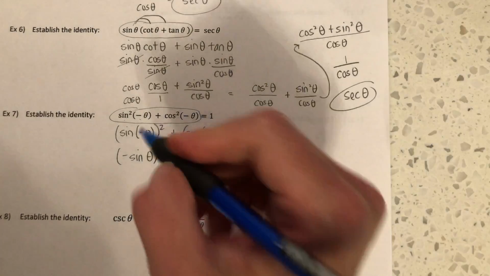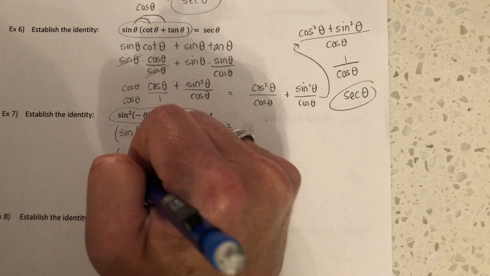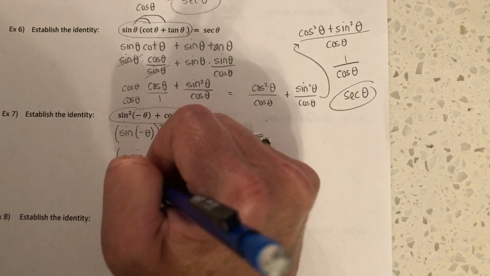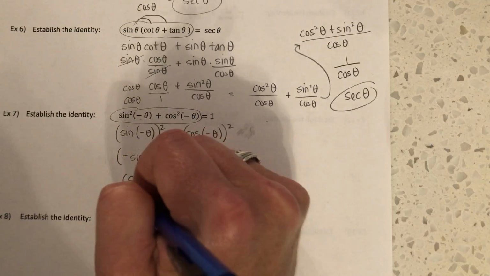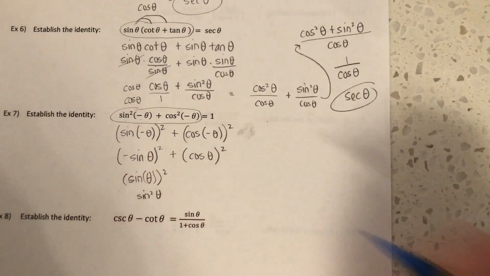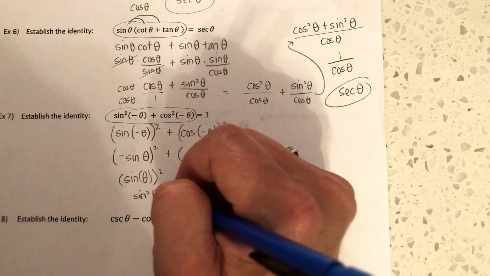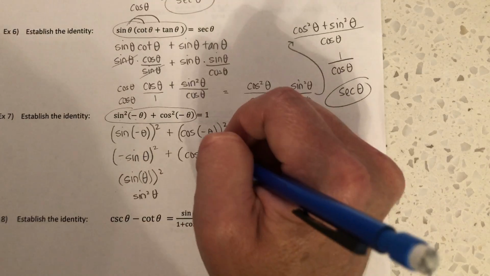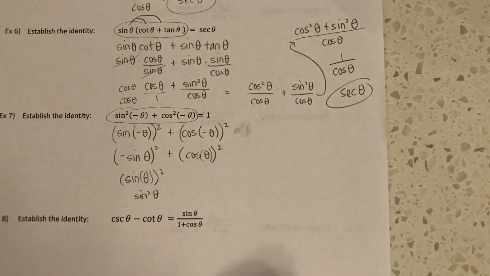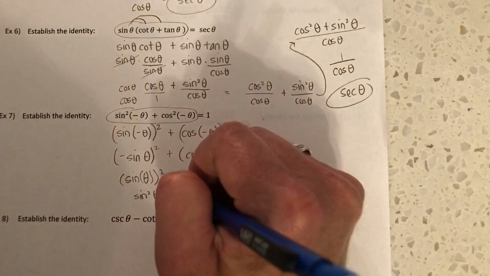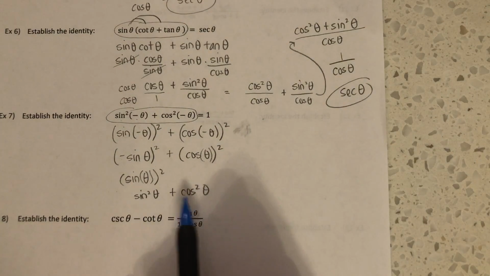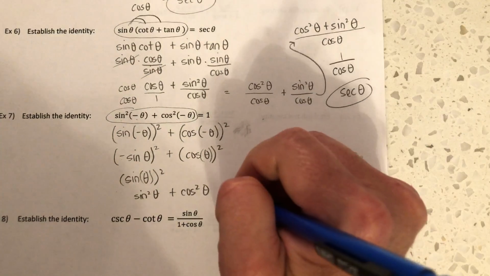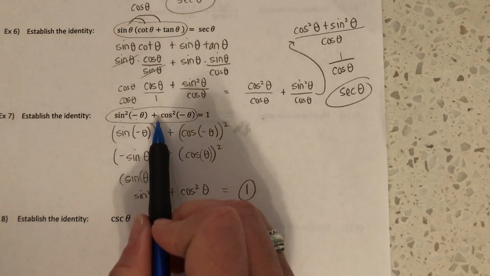It's positive, and then this will become sine theta squared. Well, that's sine squared theta. That's how we write that. And then plus cosine theta squared is cosine squared theta. And what's sine squared theta plus cosine squared theta? It's 1. So now I have turned the left side of this